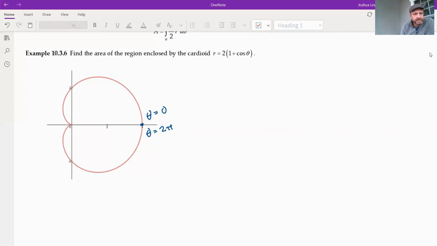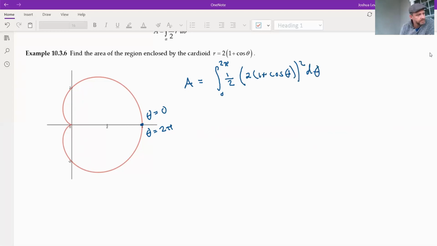So the area is going to be the integral from 0 to 2 pi of 1/2 r squared, and remember r is this guy,